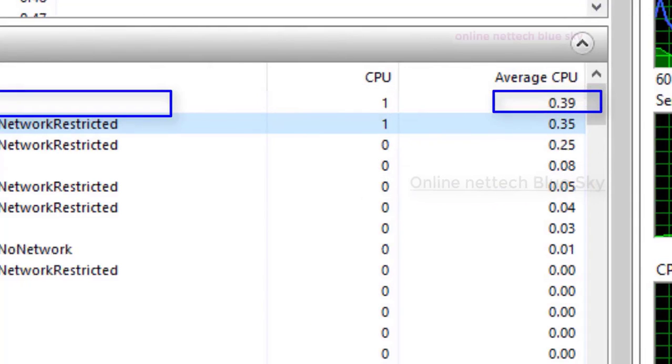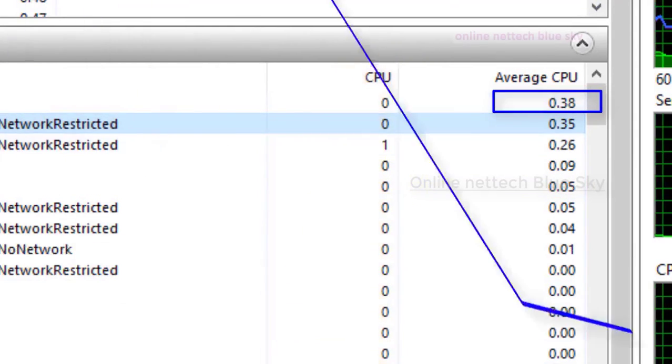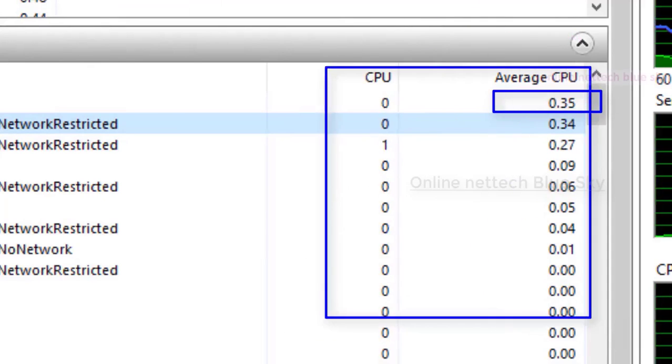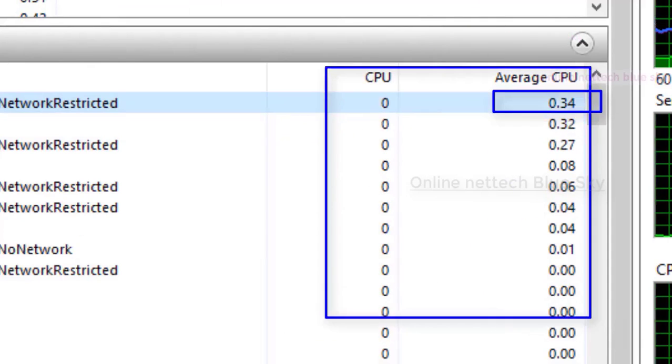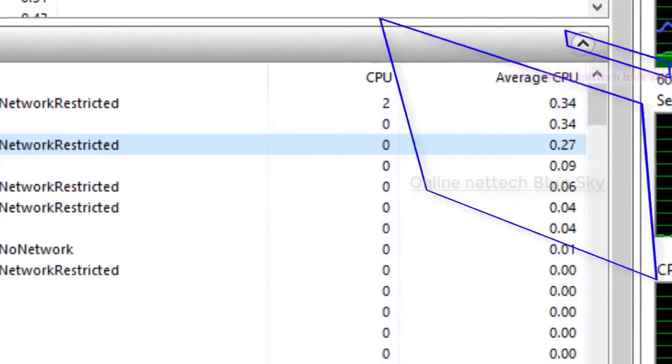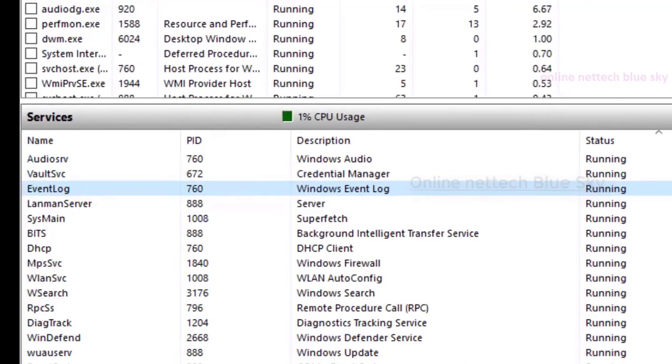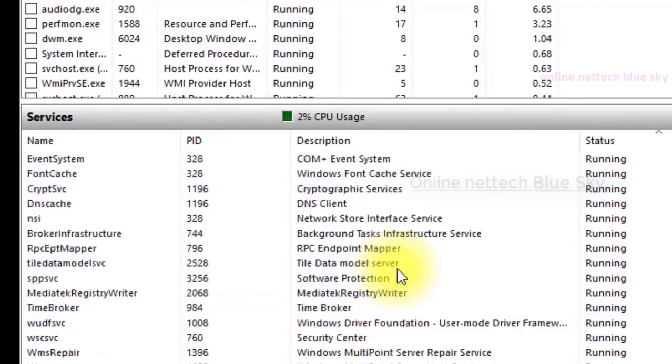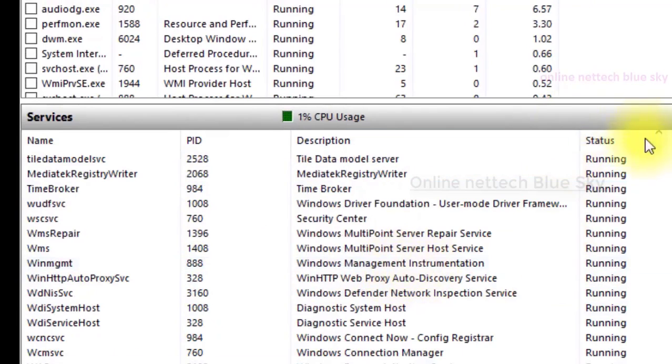And this is very important. I already talked about Event Viewer in my last video. This is the Event Viewer process we talked about, and you can see different types of Event Viewer here. This is the Event Log tab in the system. Okay, so first let's talk about the status.